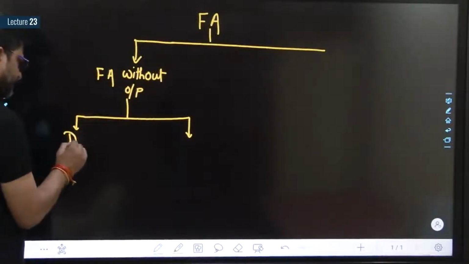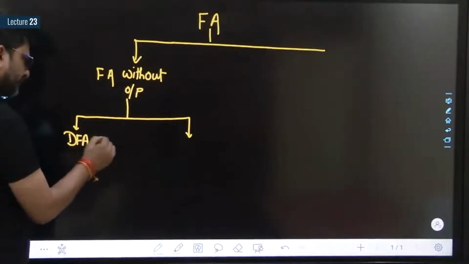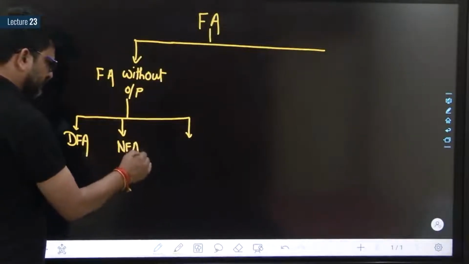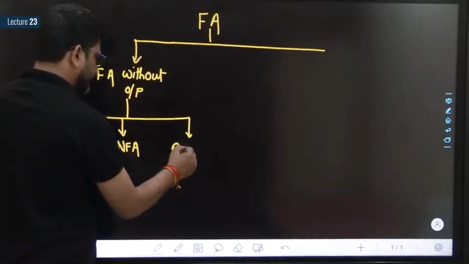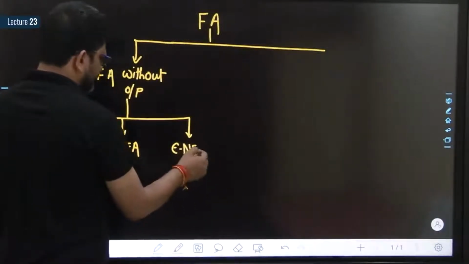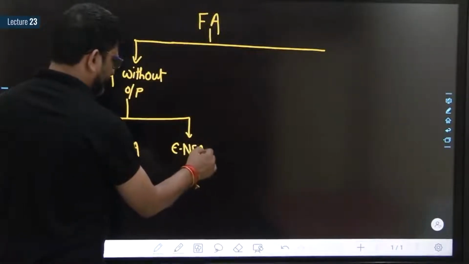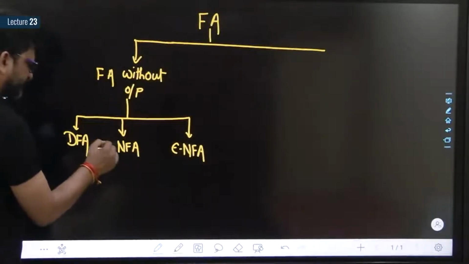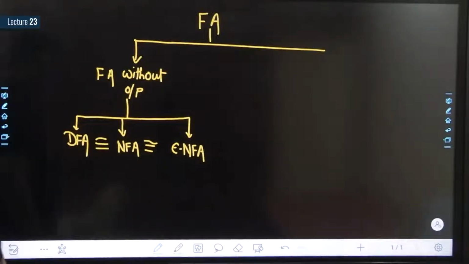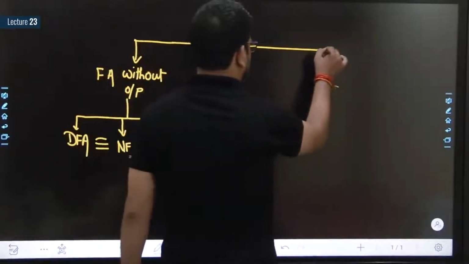First one is DFA, second is NFA, third one is epsilon NFA. Already we have seen these three. The expressive power of these three are equal. Clear? Now, second category of the finite automata is